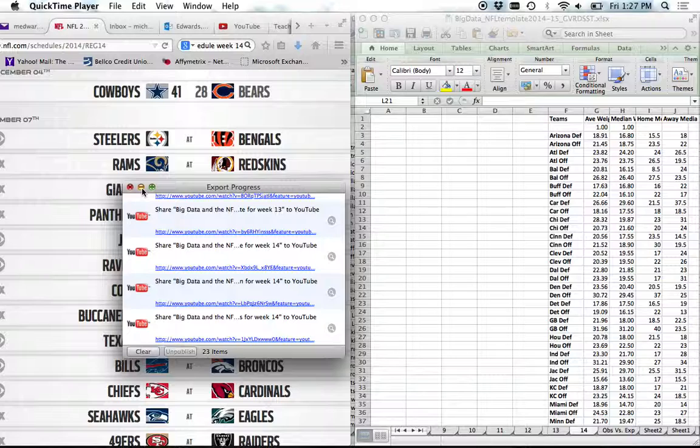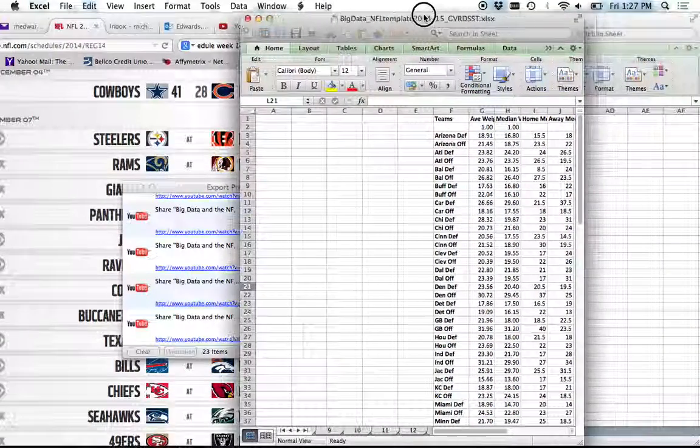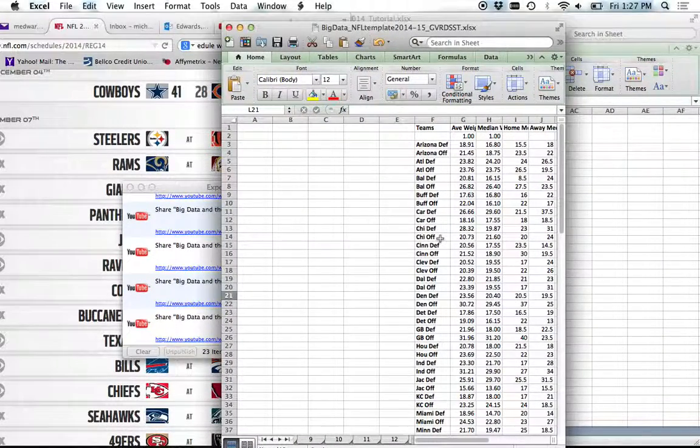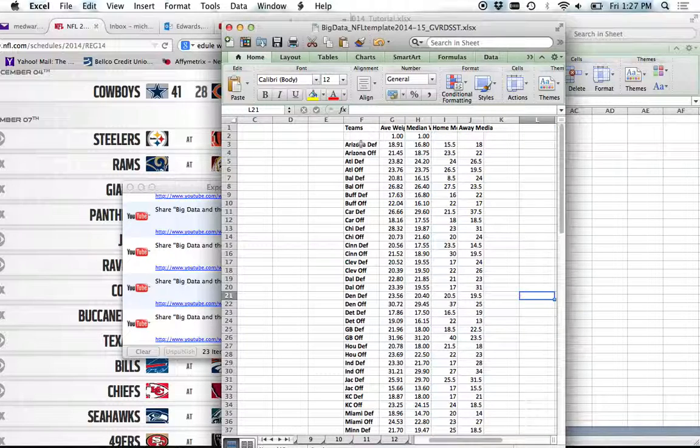All right. So yesterday we basically took the information and updated our template, right? We provided the raw data that we're going to use now to try to predict these matches. Okay? So over here on this big data that I sent you today, we have all the teams. We have the weighted average of what their defense allowed versus what their offense allowed. We also have the median, which was also weighted. Remember, it's weighted to favor those games that were played more recently.